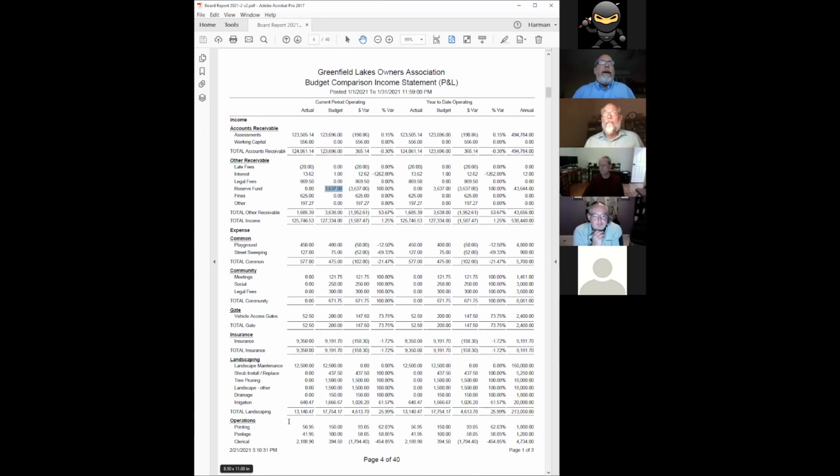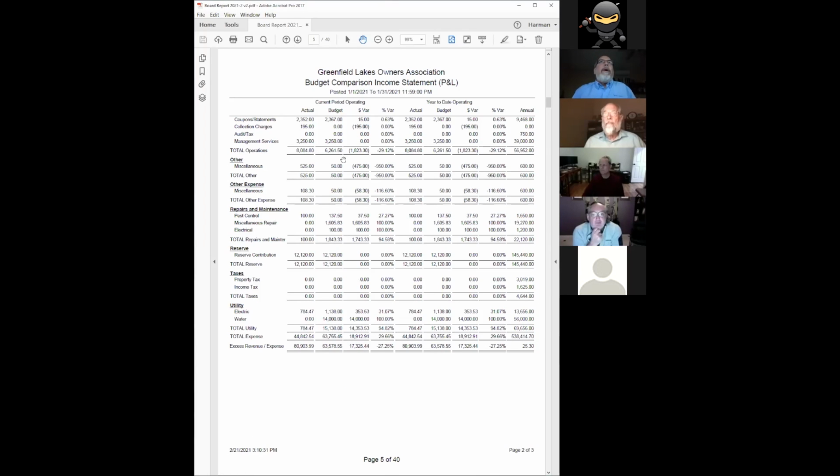And landscape maintenance, we're under budget significantly, but that's really a timing issue, because the tree pruning budget and the other landscaping budget are even for the year. In other words, $18,000 as you see for tree pruning, but it's even for 12 months and we didn't spend any money for that. So right now for one month, we're $4,600 and change under budget. And operations, go to the next page, we were a little over budget, but I'll go back to the bottom